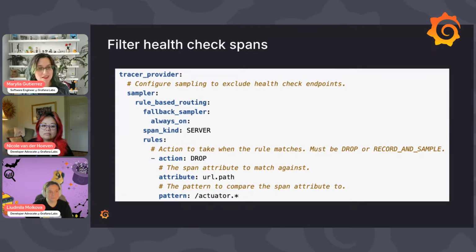Now imagine doing this with environment variables. How do you do this? There's no easy way, or maybe you have to manually go to the instrumentation and create your sampler and things like that. That is the other option. But again, it's a lot of work for you. If you can just say, this is what I want, and whoever is instrumenting the SDKs is the one handling that, it is a lot easier for you, the end user. We are the ones developing, so we have to worry, so you don't have to worry.